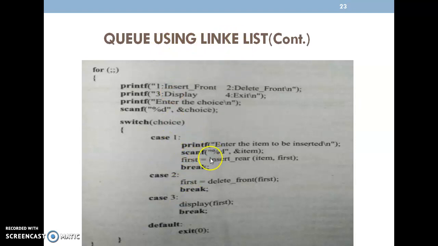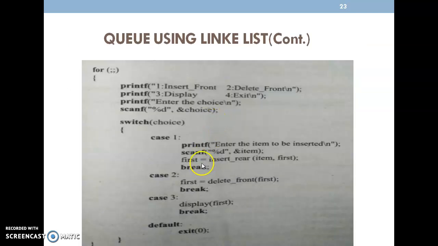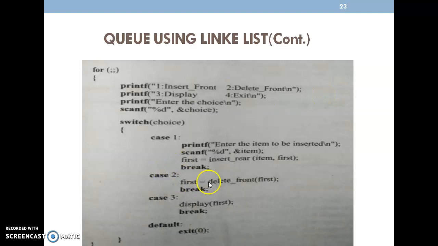Case 1 for insert rear, I am using the second part, or you can make use of this one, anyone you can make use. Insert rear, so if we call it, the first will be returned. Then similarly delete front, I'm using the delete front function calling inside, first equal to delete front, then display case